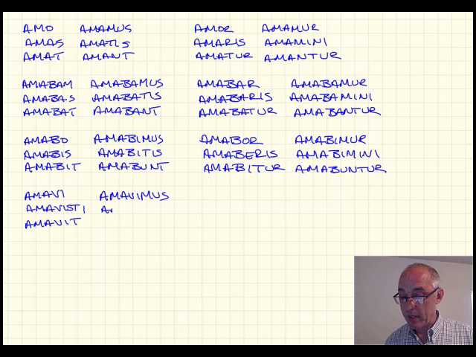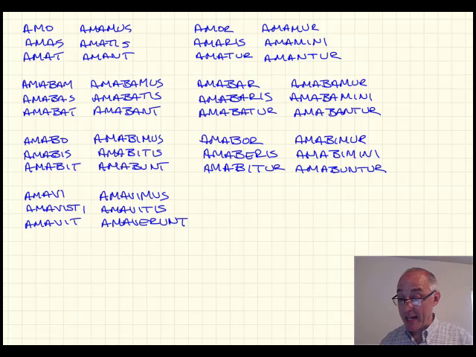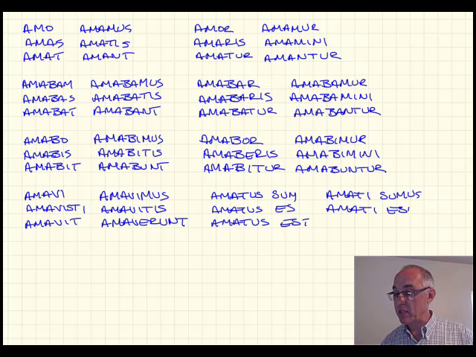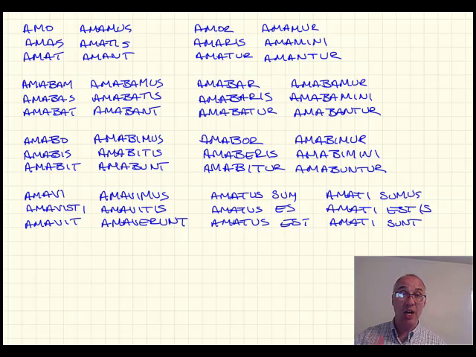Vicimus, vicistis, vicerunt. That's your active. The fourth principal part is used in the passive, so we're going to go with amatus sum, amatus es, amatus est, amati sumus, amati estis, amati sunt. Just the present forms of the verb to be, but notice on the left-hand side, the active side, third principal